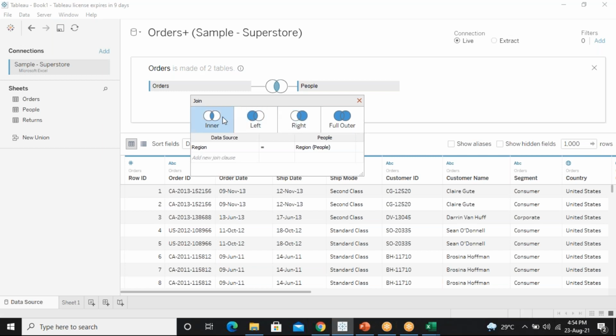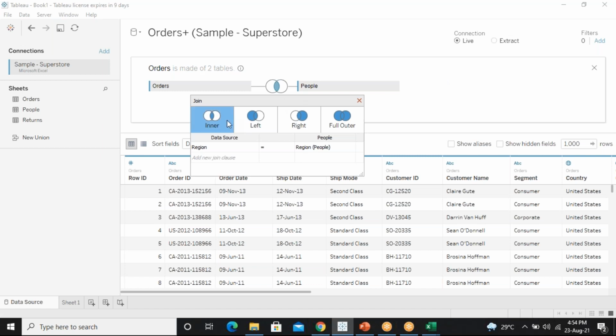So inner join, see I've taken the inner join here. First let me confirm, are you getting this one or not? This is what I told. Slightly it will be different. In the previous version, when you drag and drop, it will automatically come. In the latest versions they changed it; we have to open that particular sheet, then only can we make the joins.